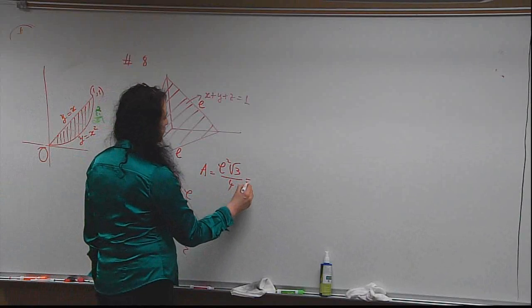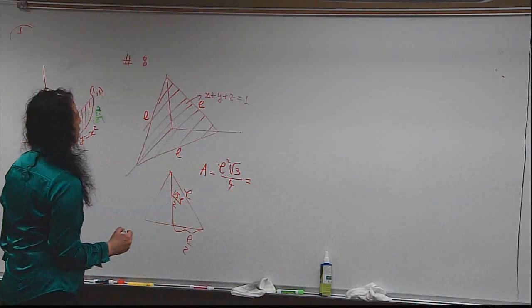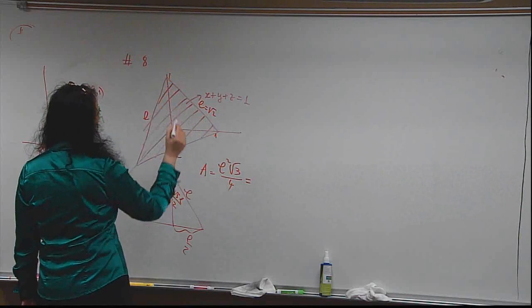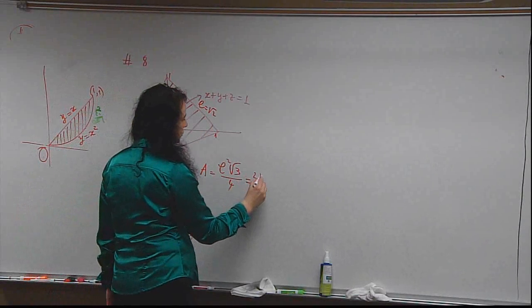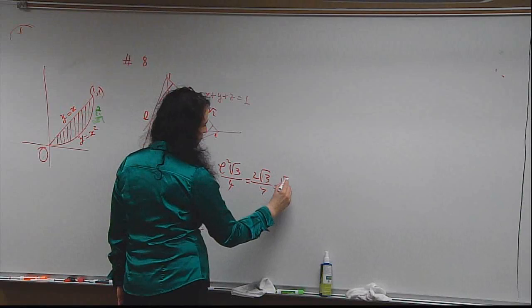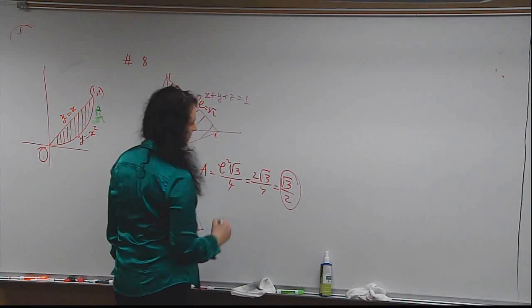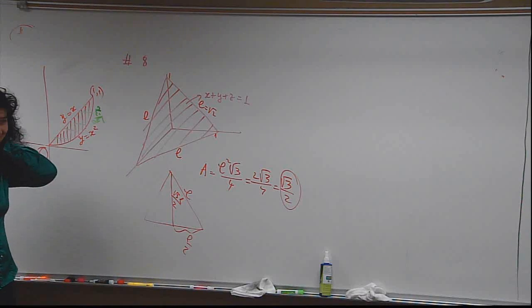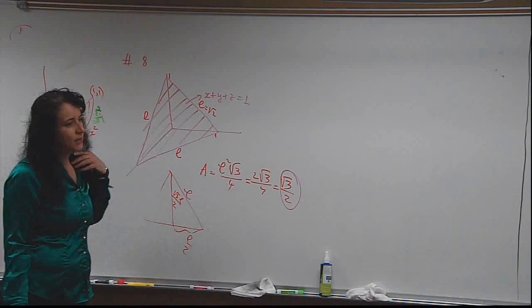So the answer would be, L is root 2, right? This is 1 and this 1. So root 2 squared, root 3 over 4 is root 3 over 2. But that's not how I wanted this solved, right? So I may say using